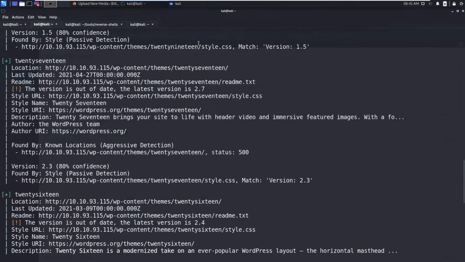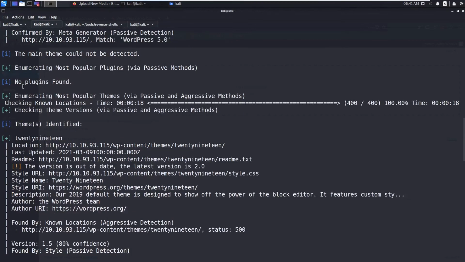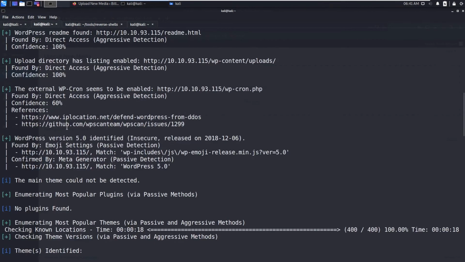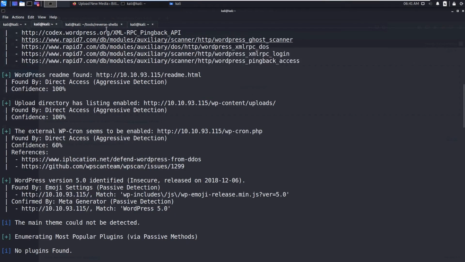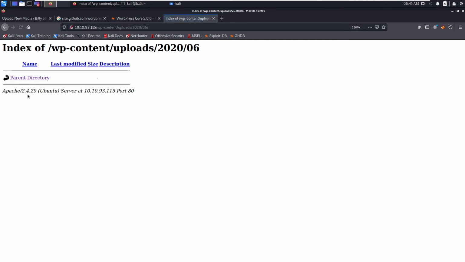Now you can see that WPScan completed. It came up only with the themes, no plugins found. If you have the admin access, you can edit the themes and get a reverse shell. The uploads directory has been listed, so you can upload any of the files here.